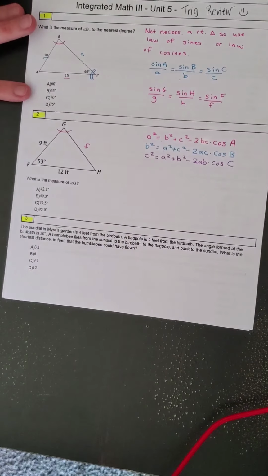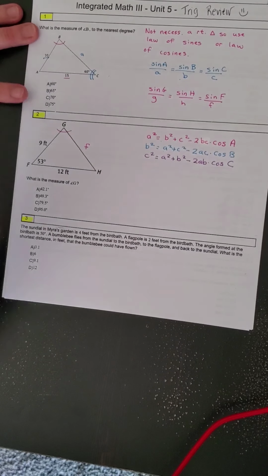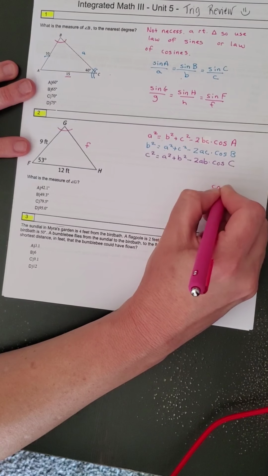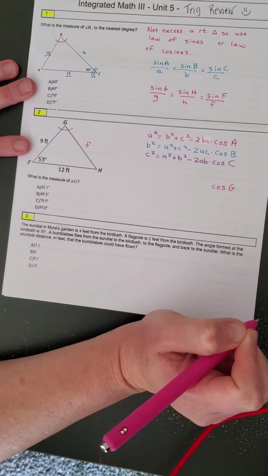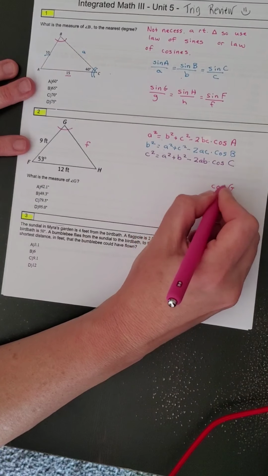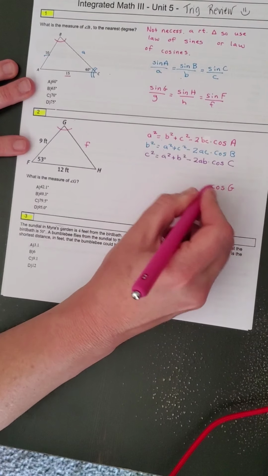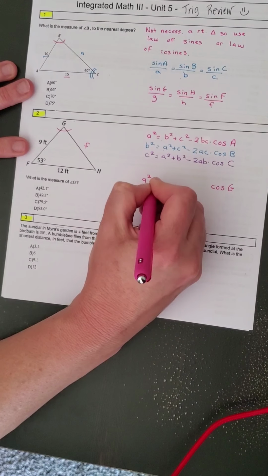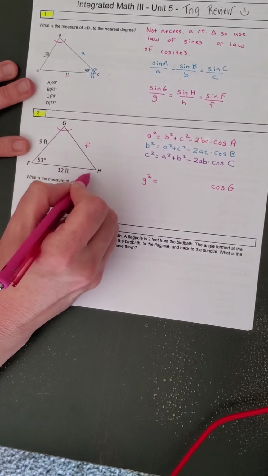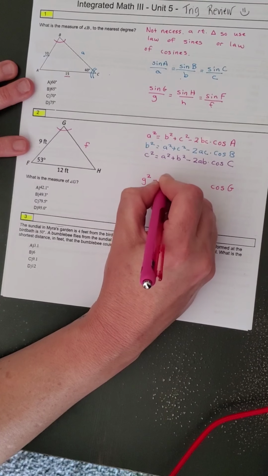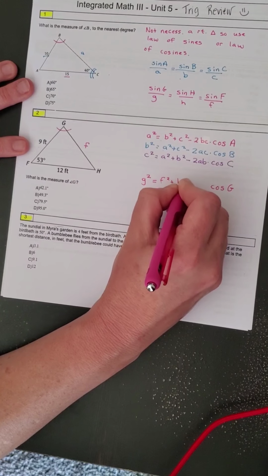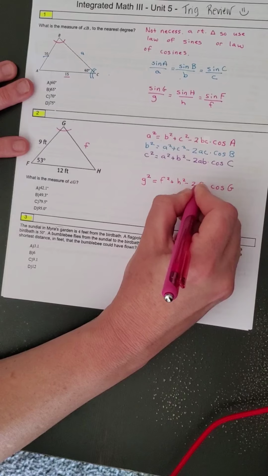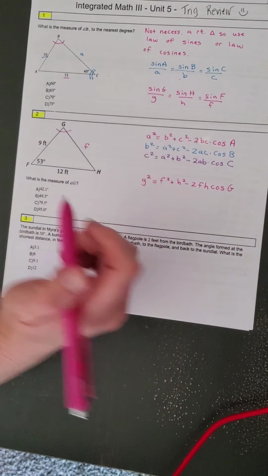Well, since I've got G's, H's, and F's, and I'm looking for angle G, I want angle G to come right here. I want this to say cosine G. And then in front of it, this would make this a G squared since these two have to match. And that should equal my other two sides, which are F and H. So F squared plus H squared minus, and then remember these two letters will show up right here, 2FH. Now, if you start to substitute these